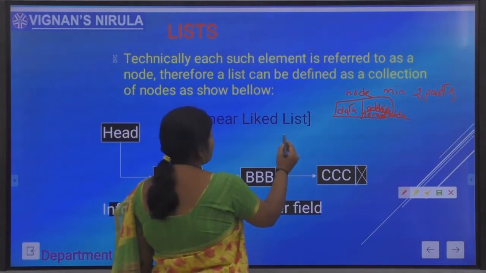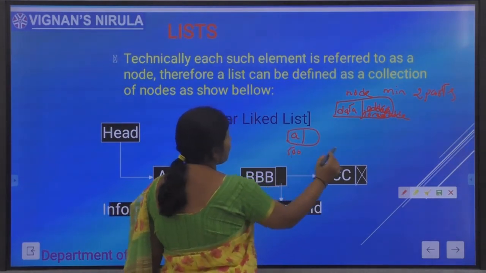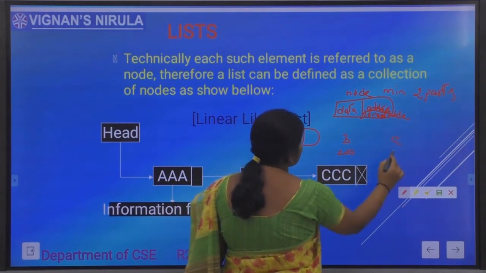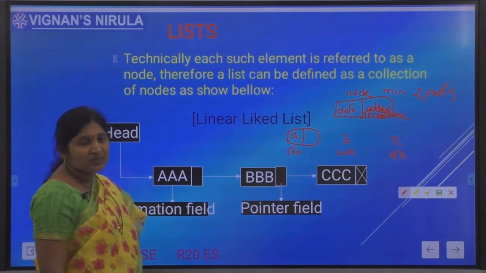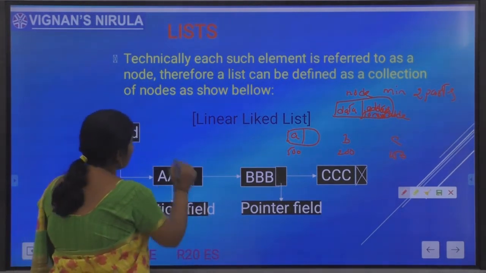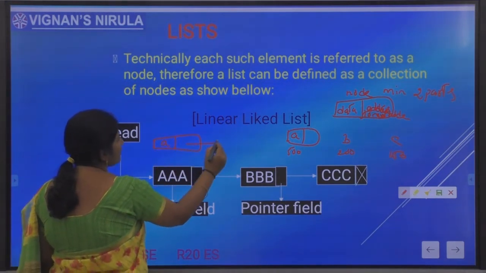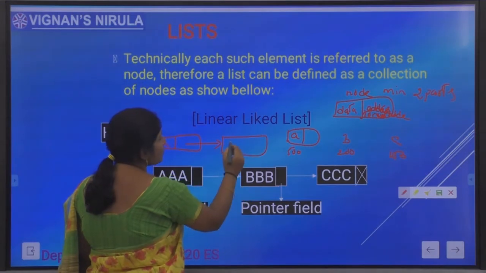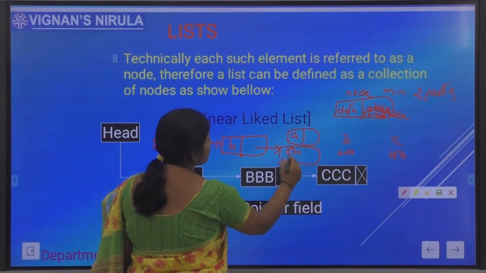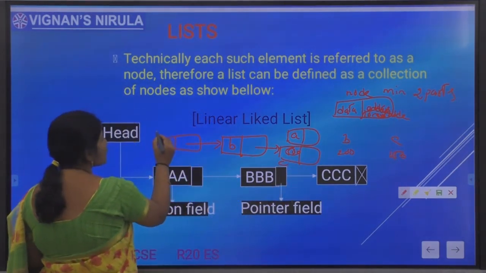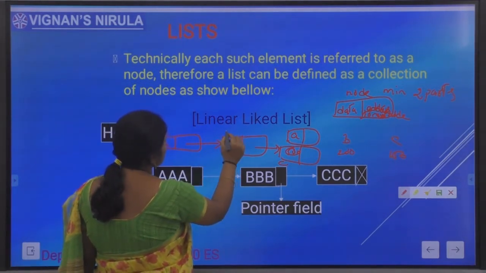For example, if A has been stored at 500, B at 200, and C at 150, and I want to establish all these elements by means of a list, I can have the first node A with a link towards the second node B, and B with a link towards the third node C. The actual address of A is 500, the address of B is 200.